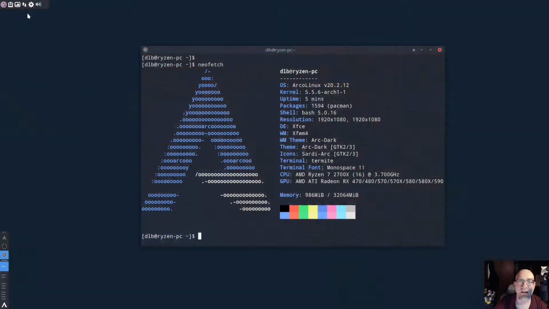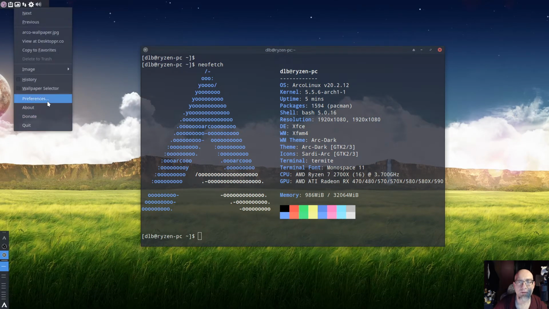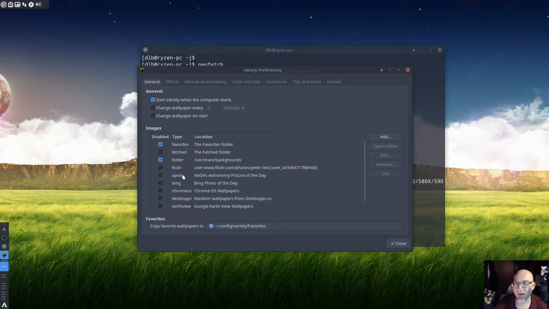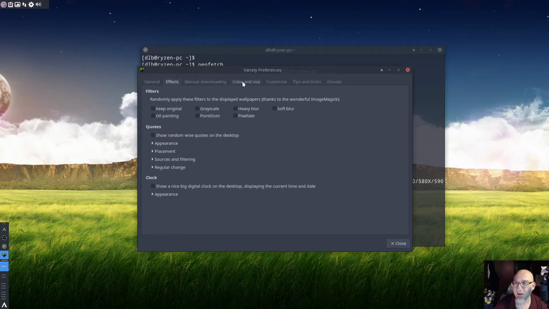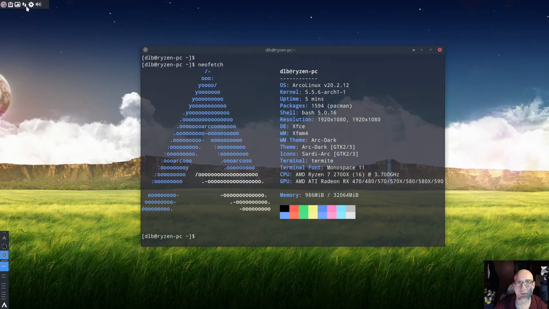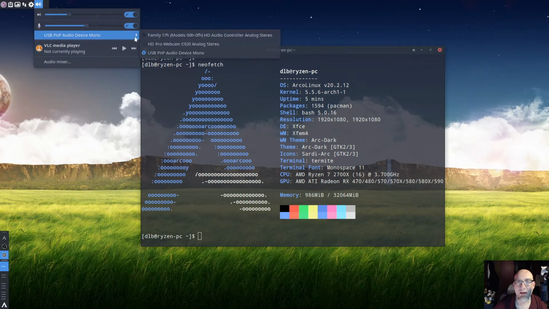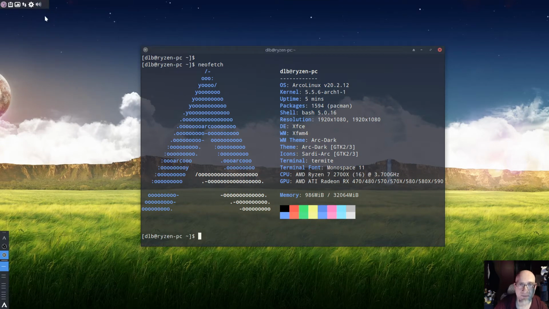So what you could do is you could say next, and it'll shift your desktop to the next desktop. It's pretty cool. And there's other preferences in here. Like you can set it to change every 5 minutes. There's a lot going on in here that I haven't really gotten into. You can do some effects on the stuff, colors and sizes. You can customize it a little bit. I'll get into a little bit of that at some point. Then, obviously my network stuff, packages, and then this is a PulseAudio controller. So what's nice about this is I can control volume on my speakers and my mic, but I can also switch the audio, the mic input if I want, which is kind of cool. Get to my mixer. So I like that. And I have that going horizontal up here.